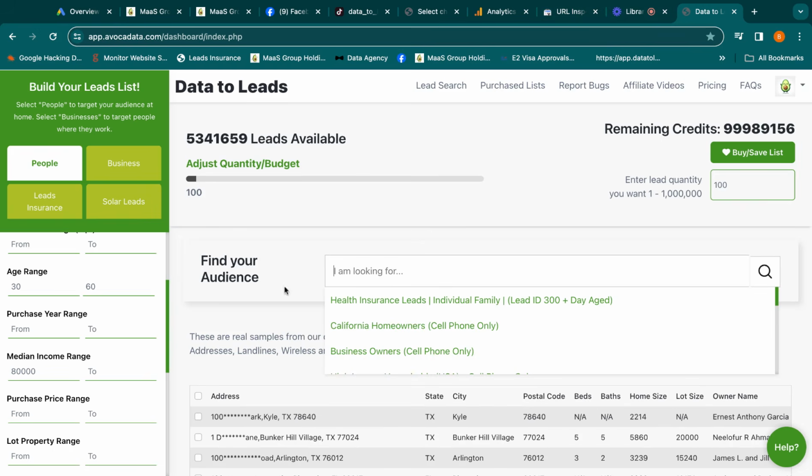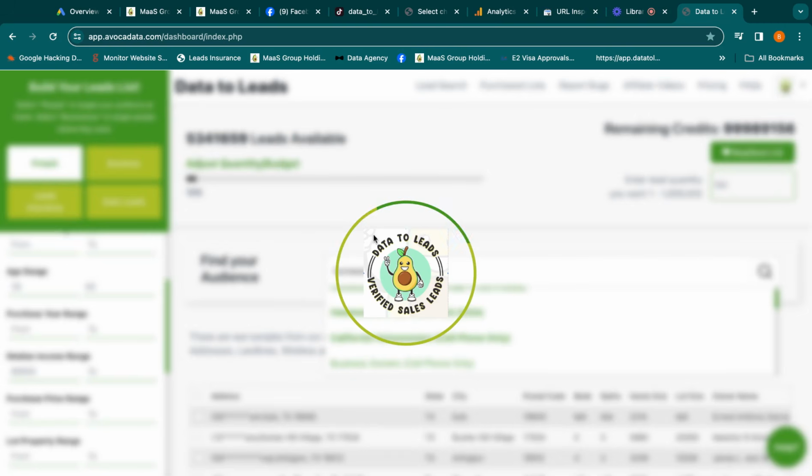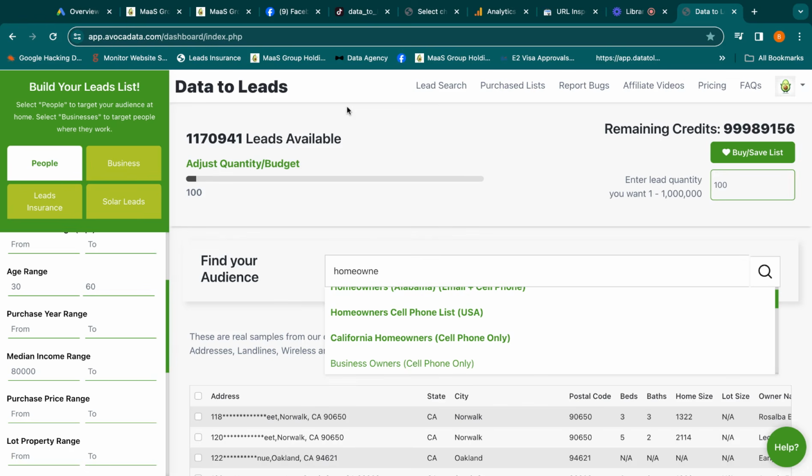And now let's say that you didn't want to use this feature. We have a bunch of different lists already made. So if you want Alabama, any homeowner in the country, if it's not there, we can make it for you. So that way there isn't any issue. And the final thing I'll say is this is a white label, so you can resell any of this data